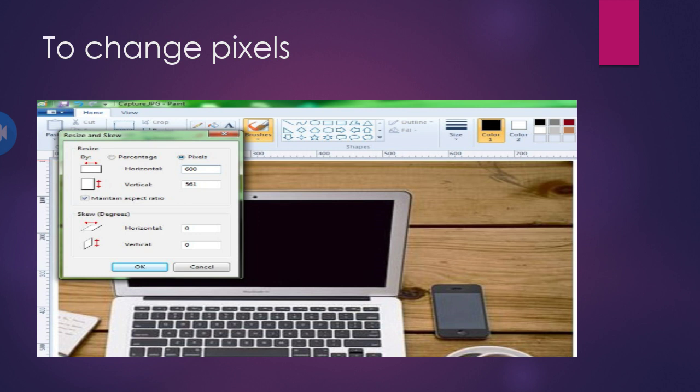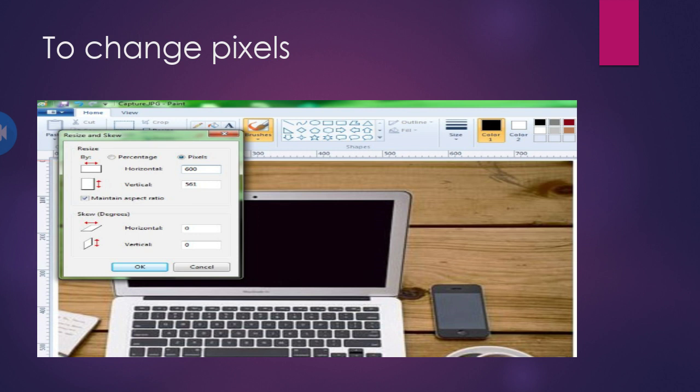So I have taken 2 snapshots. The first is, right click on your image and open it in Paint. If the image is small, it is difficult to apply mapping on it, because the coordinates will also be in a minimum range, so it will be difficult to select the coordinates.